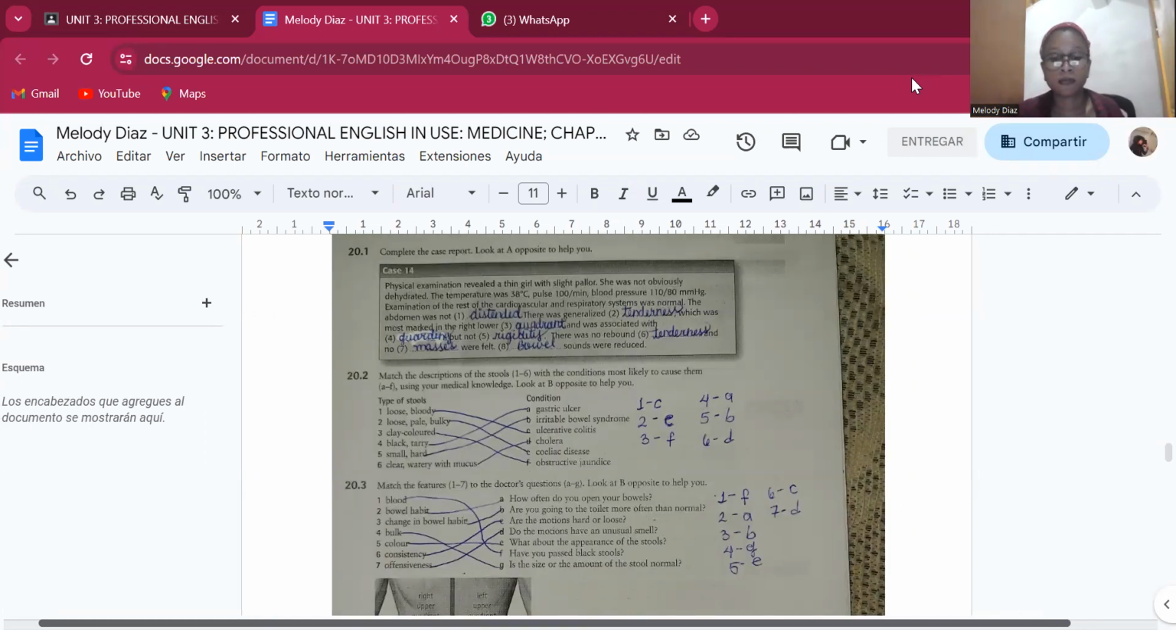Unit 12. Complete the case report. Look at A opposite to help you. Case 14. Physical examination